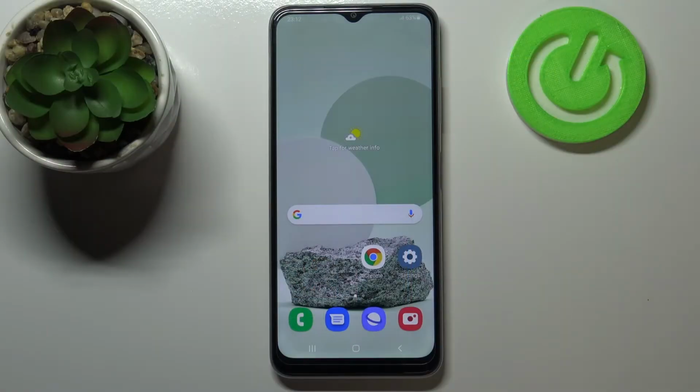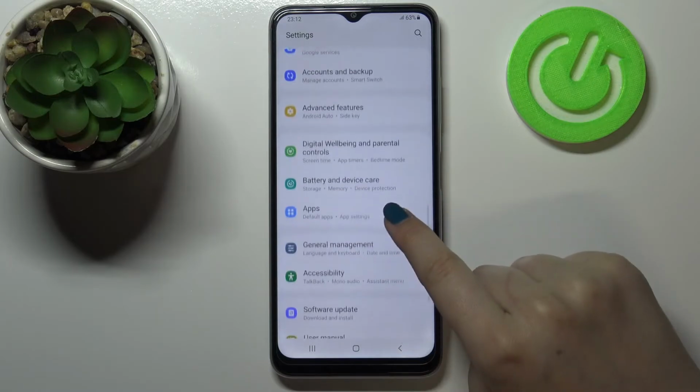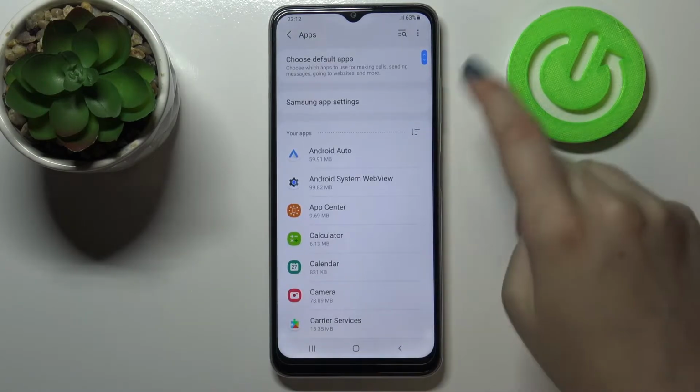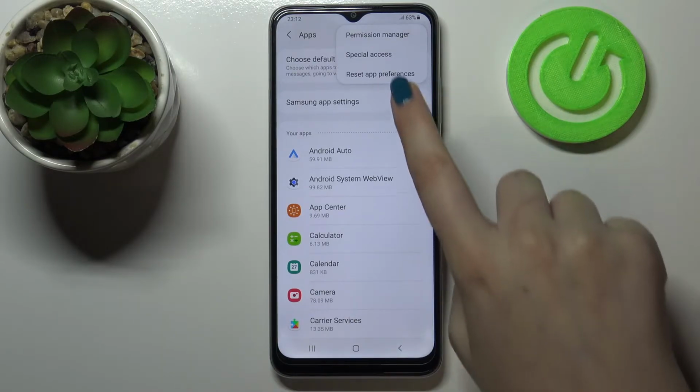Hi everyone, here we've got Samsung Galaxy M22 and let me share with you how to reset app preferences on this device. So firstly, let's enter the settings, and here we have to scroll down in order to find the apps. Let's tap on it, and now we have to tap on this three dots icon in the right upper corner. As you can see at the very bottom of the list, we've got reset app preferences, so just tap